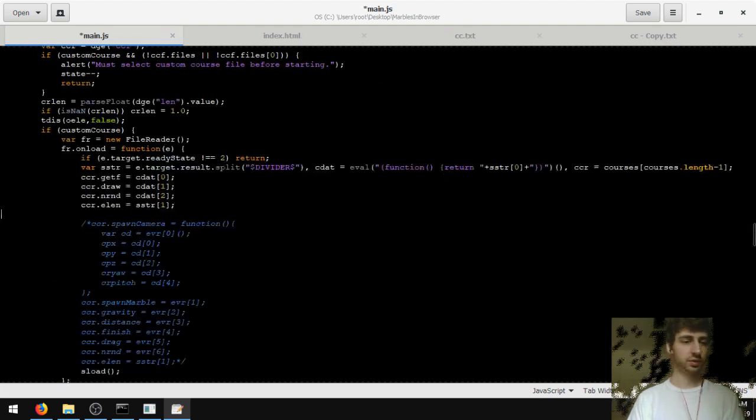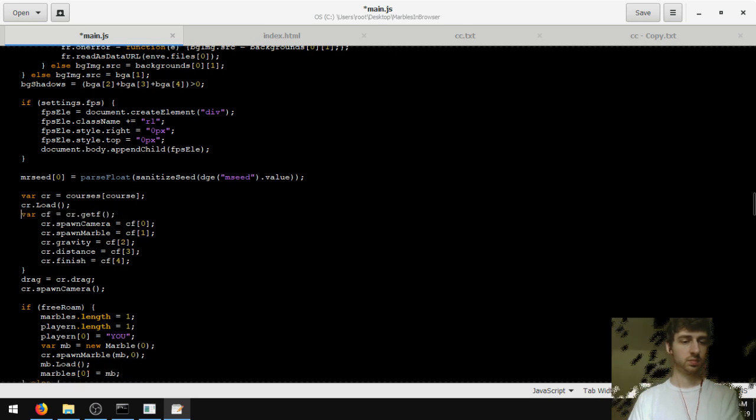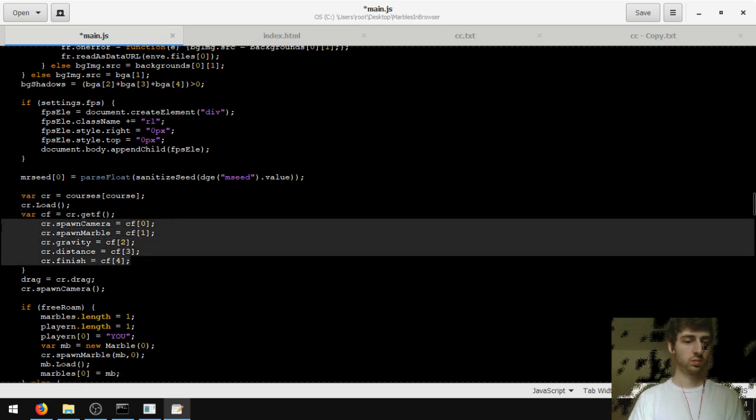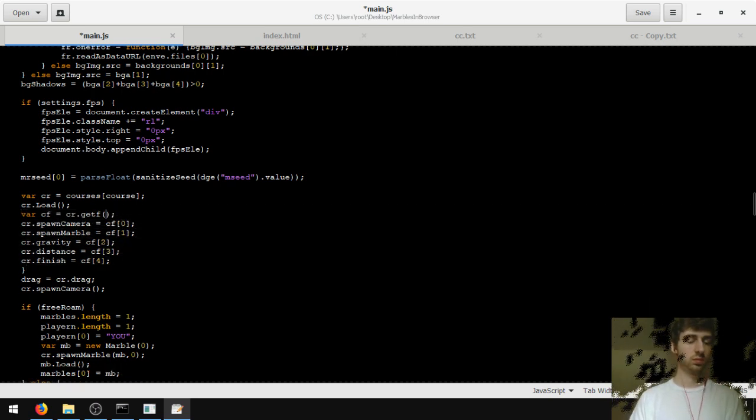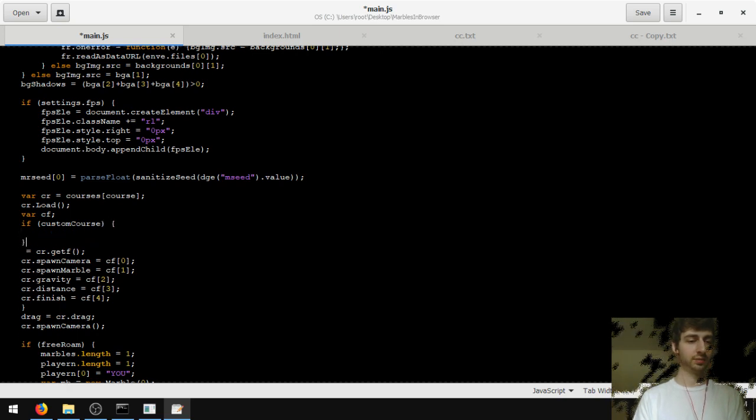And it's only different for spawn camera. So if custom course, else cf equals cr.getf,